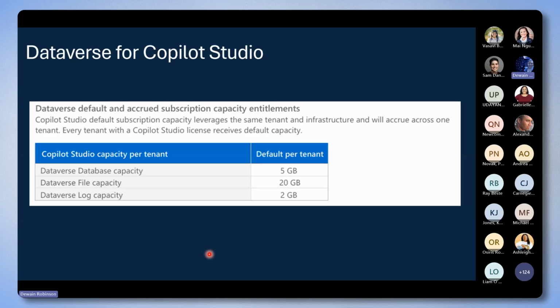If you haven't gotten anything else and you just buy Copilot Studio, these are the default per tenant amounts of Dataverse consumption that you're going to get. So you're going to have a lot of capability here with Dataverse. And then, yes, you would need to purchase additional Dataverse storage if you are going to go over